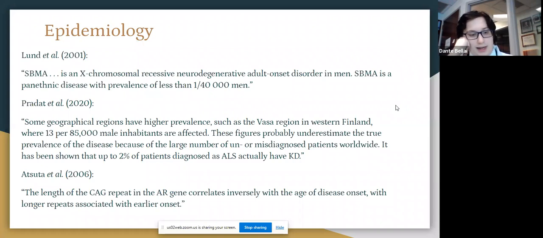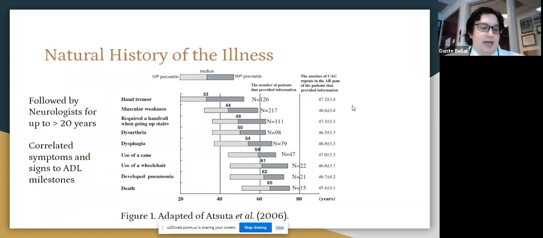According to Atsuta et al., the length of the CAG repeat in the androgen receptor gene correlates inversely with the age of disease onset, with longer repeats being associated with earlier onset. So typically the onset would be from the age of 18 to 64, in the 4th to 5th decade of life. There's an excellent paper that's cited quite frequently in the literature